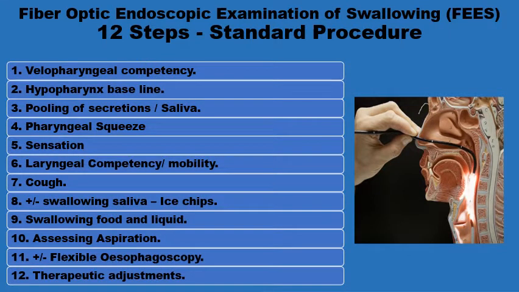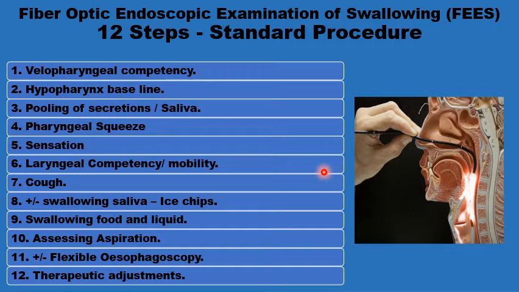And these are the 12 steps of the standard FEES procedure, starting with checking the velopharyngeal competency when the scope is held above the level of the soft palate, followed by introduction of the scope a little bit further to check the hypopharynx at rest and notice if there are any secretions or saliva pooled in there, followed by pharyngeal squeeze and testing of the sensation of the pharynx and the larynx, and then checking of the laryngeal competency by again maneuvering the tip of the scope a little bit to see if there is adequate adduction and abduction and